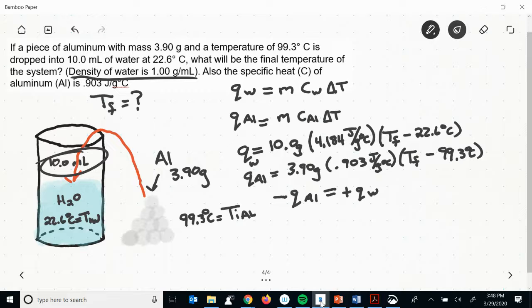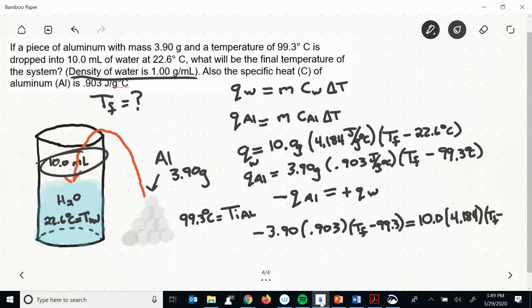So we end up with a setup that looks something like this: negative 3.90 times 0.903 times (TF minus 99.3) is equal to the Q of water, which is 10 grams times 4.184 times (TF